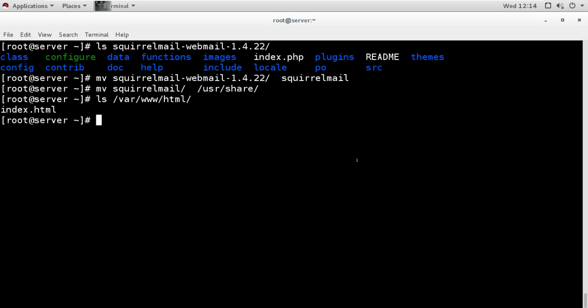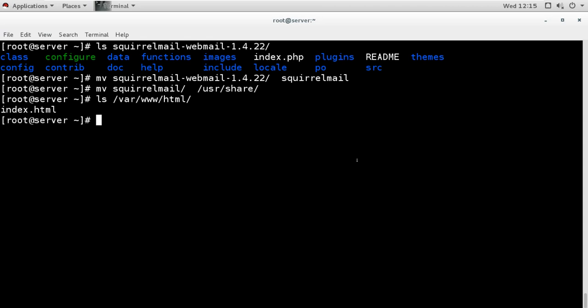When we copy it into this directory, it can be accessed by the web server, from the website. Or we can use another option: we can create an alias. An alias means a virtual directory in a Windows web server. In Windows IIS server it is called a virtual directory, and here it is called an alias.